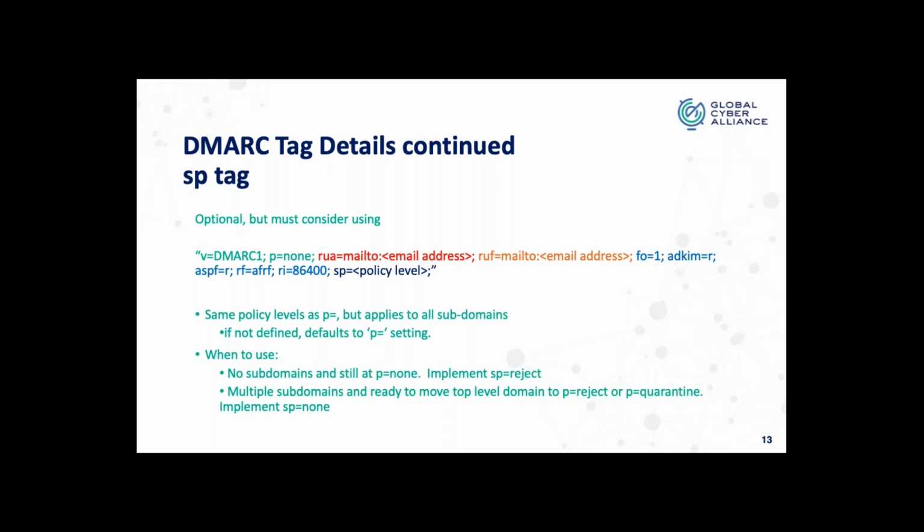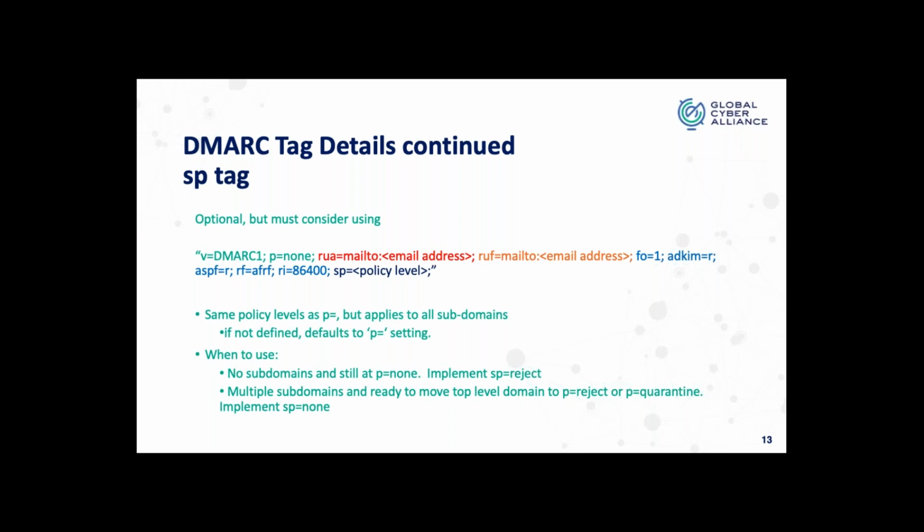They created the SP tag because there are certain situations where you may have subdomains that are being used by email, but they're not ready to be at a DMARC policy of reject. When you move your policy to P equals reject at the top level, all of a sudden your subdomains are impacted, and those messages are potentially getting rejected because their SPF and DKIM are not set up correctly. So they created the SP tag so that you can put this in